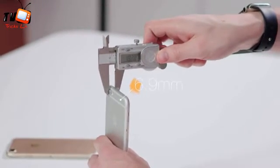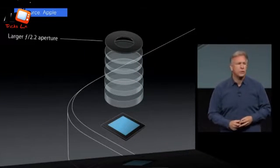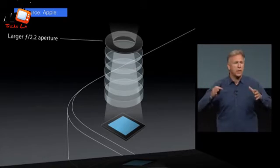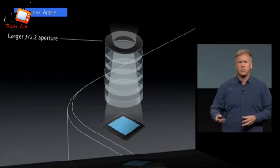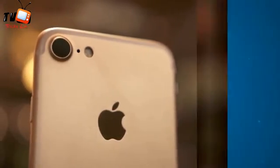However, if we jump over to the camera hump, it's actually bigger. When they went from the 5 to the 5S, while it was still an 8 megapixel camera, the sensor itself was bigger, which meant that each individual pixel could pull in more light. The iPhone 7 will probably keep the same 12 megapixel resolution. However, if you